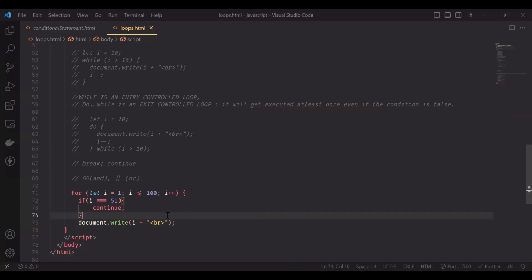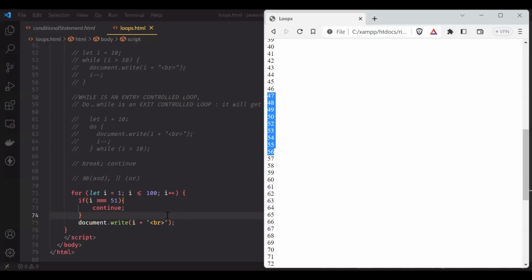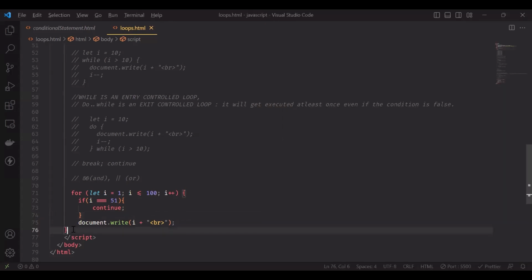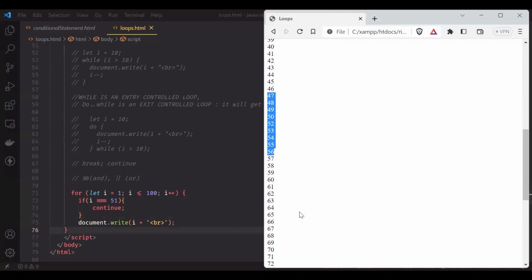The difference in break and continue, which we can see from this example, is break. Whenever we use break, we simply exit out of the loop, and there is no way we can again return inside the loop. When we had break on line 73, as soon as I reached 51, we came out on line 76. That means on the browser, we did not see anything after 50, because after 50, we came out of the loop. Continue, however,